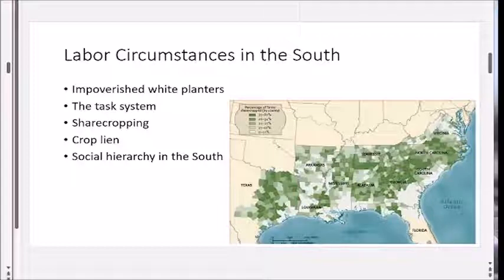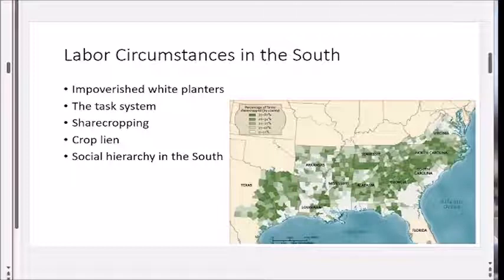But because the economy is in shambles and the global economy is dropping the prices on farm products, they don't have enough money to get the things that they need, such as farming equipment or furniture or whatever they need for their house or for their farm. Okay, so they got to take out loans, right? These small white farmers, they got to take out some loans to get some money to get the stuff they need. So they're going to go to a bank, for example, and take out a loan, and the bank wants